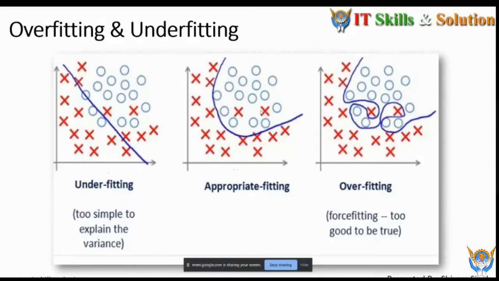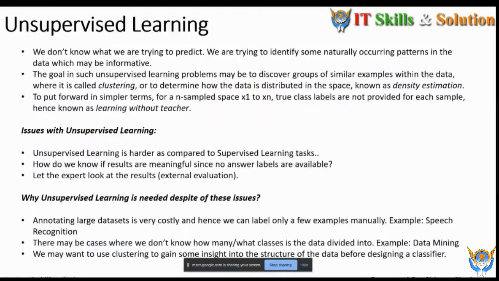But this model is definitely not going to give you a good accuracy on your testing data. So this is the problem of overfitting, and you already know the problem of underfitting. Underfitting is not going to give you any kind of prediction problem. It will give you the worst accuracy on both the data, whether it is training or testing.